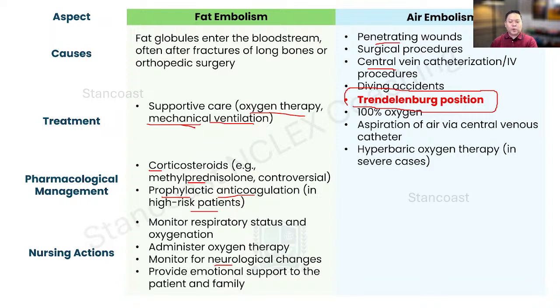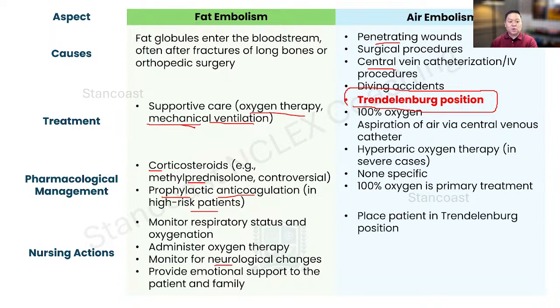And if we are going to ask, okay, what would be the pharmacological treatment here? Nothing is specific. So the medical provider will order the pharmacological therapy according to the symptoms. So the delivery of 100% oxygen is really one of the mainstays here. Again, don't forget putting your patient in Trendelenburg's position as soon as you have figured out what could have led into this air embolism. Don't just put them in Trendelenburg position without thinking first. All right? Don't do that.